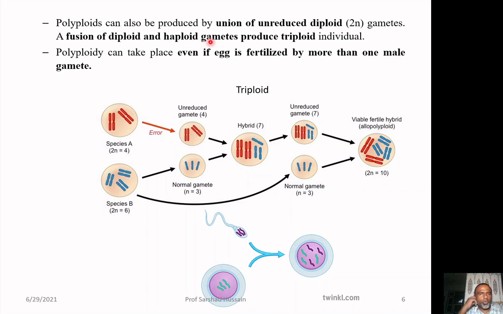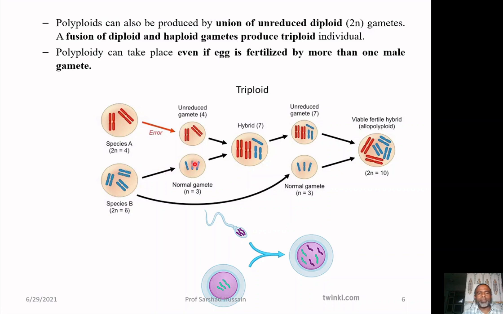Polyploidy can also be produced by union of unreduced diploid gametes. Now, you know that when a cell forms gametes during meiosis, it normally reduces the number of chromosomes. Say, for example, in the parent cell 2n is equal to 4, that means 4 chromosomes were present, then in a gamete there must be 2, but due to error all the 4 have gone to this gamete. So, that means they have not reduced, it is an unreduced diploid gamete, and when this diploid gamete fuses with the haploid gamete, where the reduction has taken place,